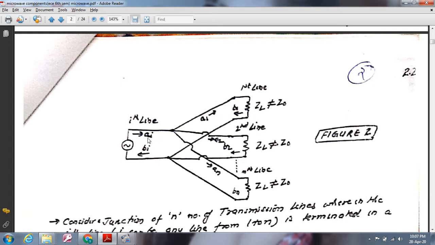Now here, this A1 is the incident power and this Bi is the reflected power which is coming towards the source, which is connected at the ith port, and this is the incident power that is coming out of this source towards these different terminals. Now case number 1, let us assume that the first line is terminated